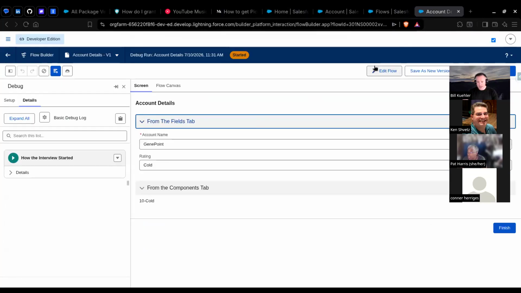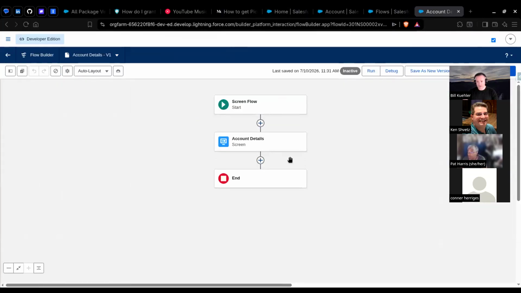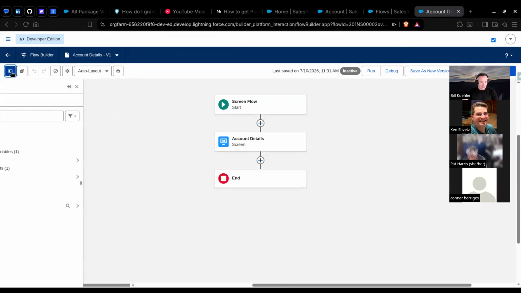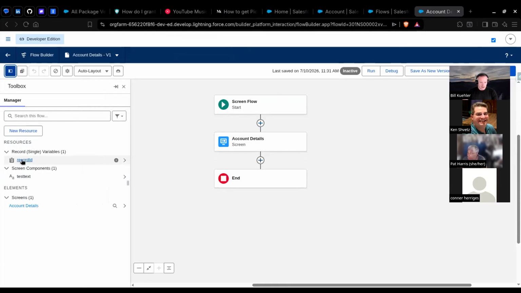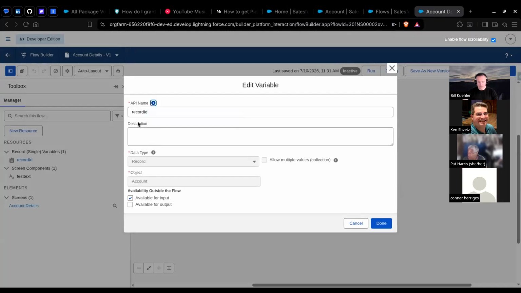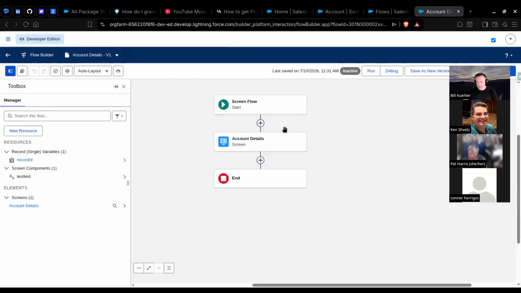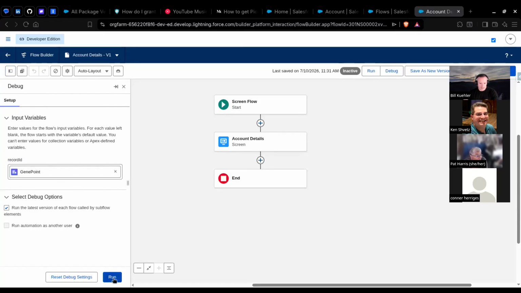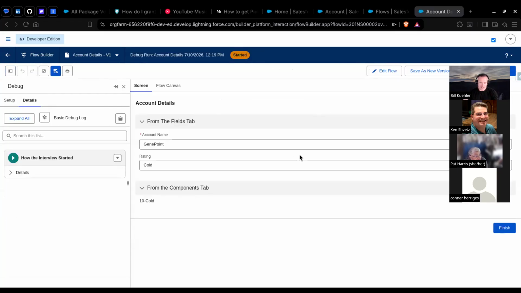But basically the way I wanted to kind of tee this up, right? I just created a basic flow that we have here, and it's a screen flow. I passed in record ID, which is actually an account record, right? So when we debug this, I can select an account that we can use as an example. So in this example, forgetting the opportunities for a second, I just wanted to demonstrate what this looked like when you see a picklist value through a flow, right? So if we debug this, I select an account, I click run, and it's going to show me two sections here. I got the top one, which is when you create a screen flow, you have that tab where you can select fields. So I did that for the top section here, and you can see the nice label for